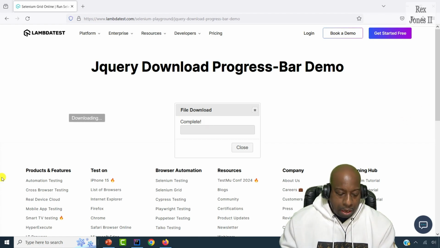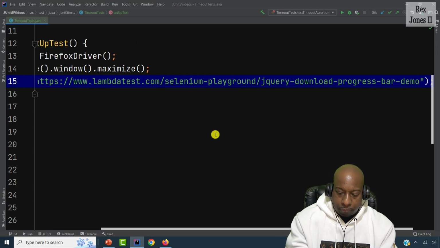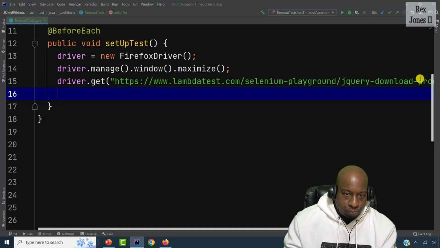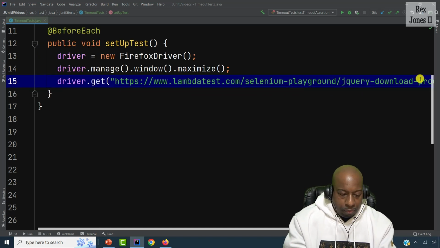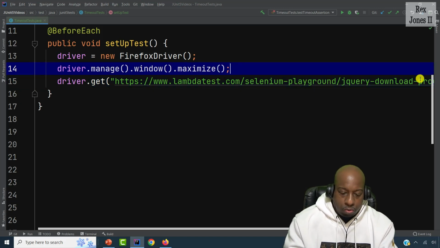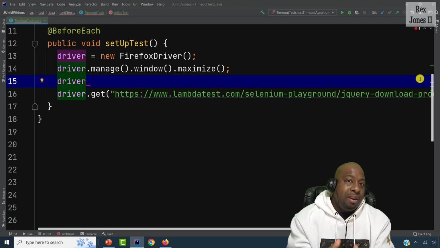Okay, so now back to the IDE. I'm going to paste the URL, and it's pretty long. LambdaTest.com, Selenium Playground, jQuery, download progress bar demo. You know what? I also will use an implicit wait. I prefer not to use implicit wait in my projects on my job, but for the demo, I'm going to use